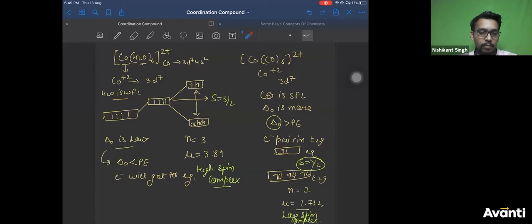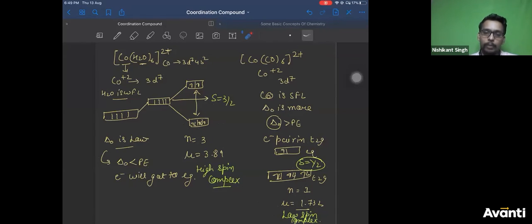You can pair above. Pritish, what are you talking about, man? 1, 2, 3, 4, 5. Now the 5th electron will prefer the lower energy orbital, na? So it will pair here. First you will fill the lower energy orbital, then it will go to the upper energy orbital. Right?